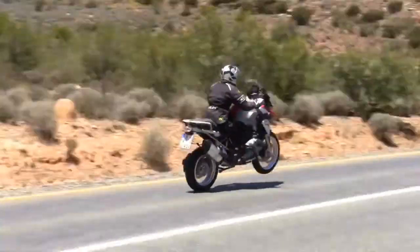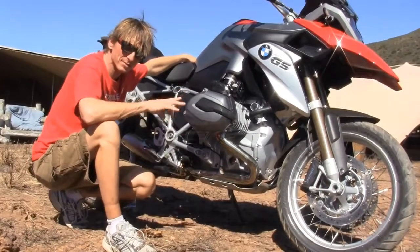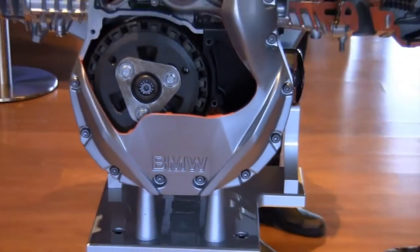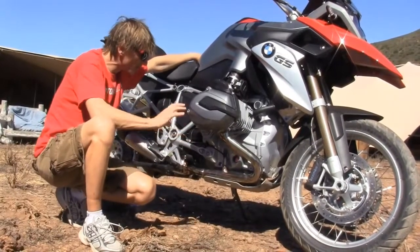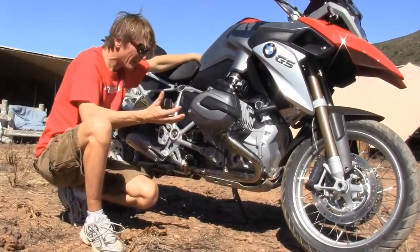Previously there was a single plate dry clutch in back, which when you're using it heavy in off-road use you can get some smoky smell. Now it's relocated to the front, a wet multi-plate clutch, and when it's time to replace it or do maintenance, unbolt the front cover and you can get right to it. The previous transmission was a separate unit. Now it's cast in with the whole engine, and the